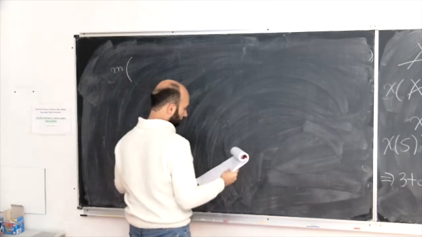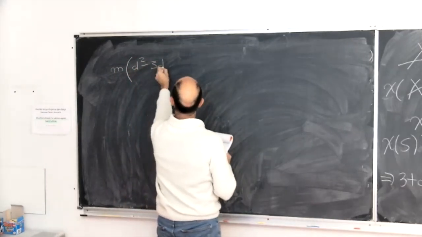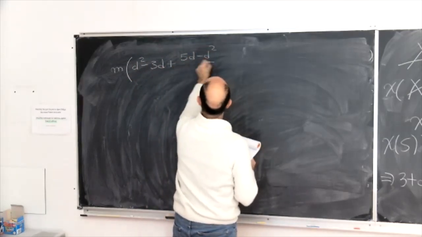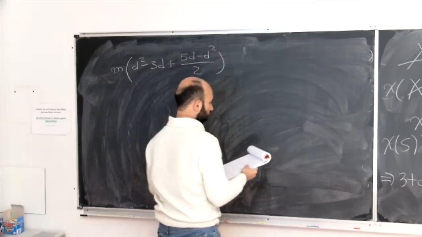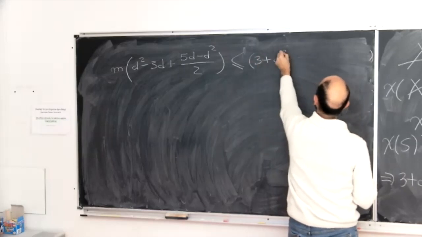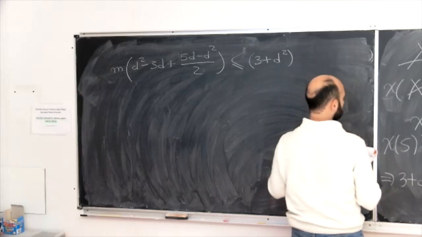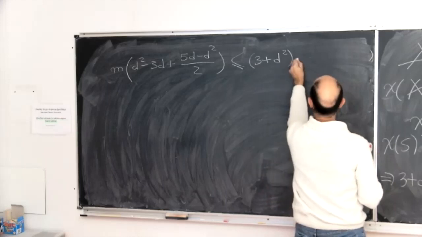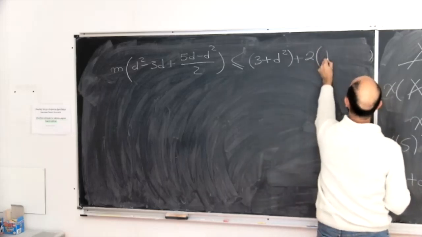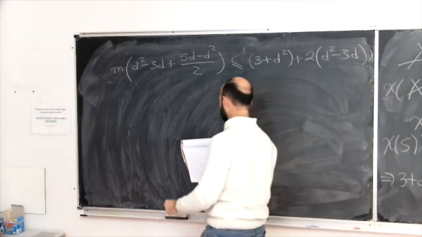Okay, if you collect all the coefficients of m on one side, it's d squared minus 3d plus 5d minus d squared over 2. This should be, okay, the leftovers on the other side are 3 plus d squared, and 2 times 3d squared minus 3d. This further can be simplified